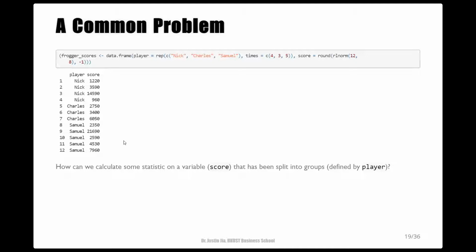Theoretically, we need to go through several steps to accomplish a task of this type. That is, first split data into groups divided by some grouping variables. Then apply some common operations over all resulting groups independently. And finally, combine all group-wise results for presentation. These steps are collectively referred to as the split, apply, combine workflow for data analysis. And one way to implement this workflow in R involves applications of the loop functions.